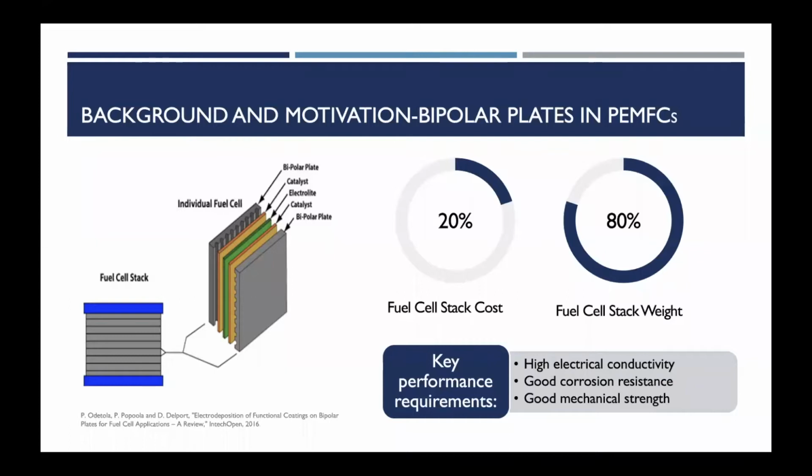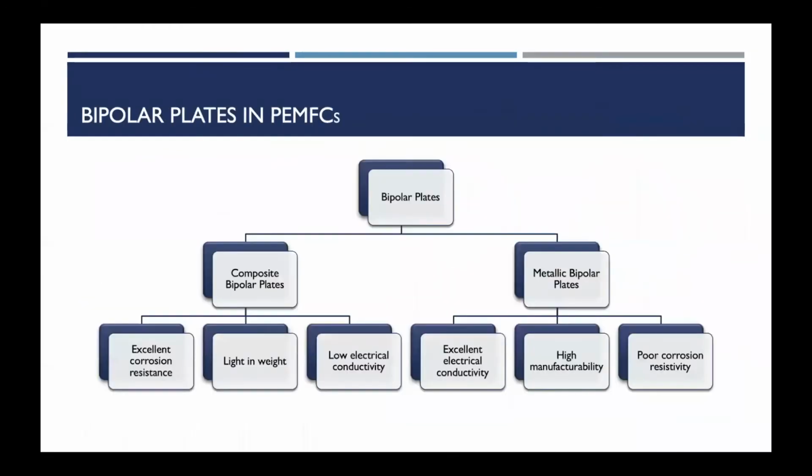As one of the most important components in the PEM fuel cells, bipolar plates are used to serve functions such as electrical connections and mechanical support between the cells. Considering the operation conditions of the PEM fuel cells, bipolar plates should possess high electrical conductivity and a good corrosion resistance. Currently, carbon-based polymer composite and metallic bipolar plates are commonly used in the PEM fuel cells, especially for automotive